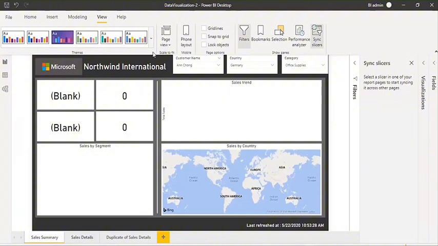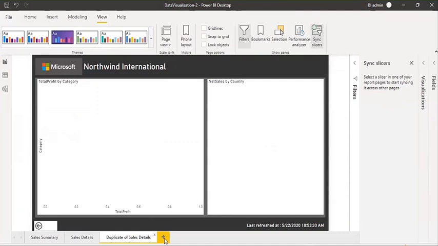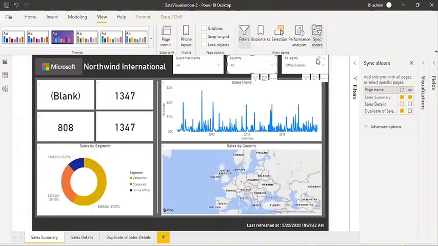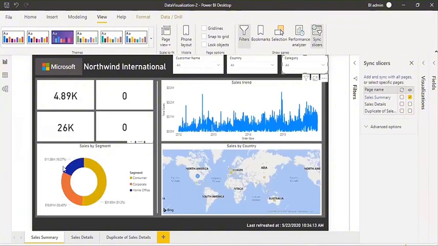How? Let's see it. When you say button, you can add an image on any visual, right? Power BI is like a freehand visualization tool, or I would like to say a freehand drawing tool. So now it's up to you how you utilize your skills. Let's say, for example, I filter out all the data and now you want to show the total sales. You can see this donut chart is displaying the sales values for different categories. The consolidated value you cannot see here. So is there any idea how I can see the total sales? Because if you see, total sales is not appearing anywhere on the report.